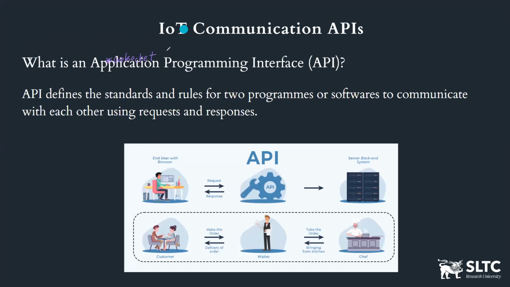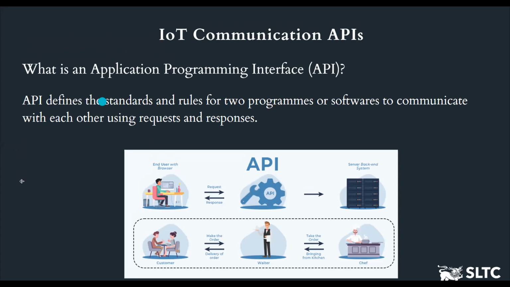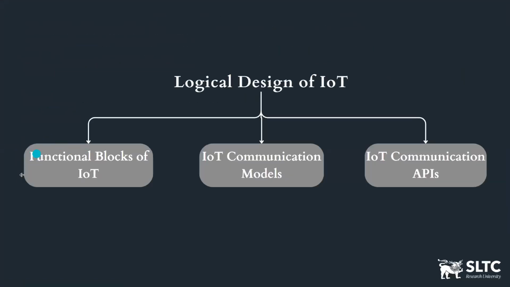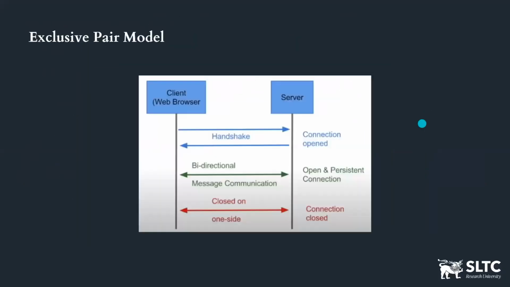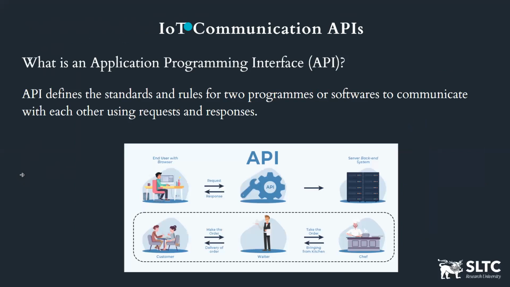After that, we come to the third section of the logical design that we discussed. We discussed the functional blocks of IoT, then the IoT communication models, then IoT APIs. So now we have to talk about the IoT communication APIs. We have discussed these first two sections as of now. Okay, so first of all, we will have